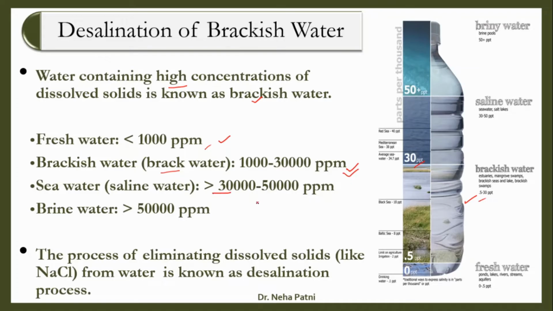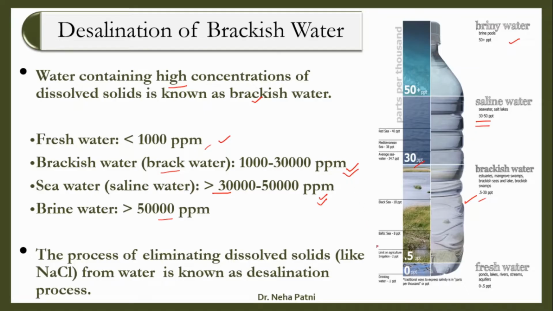Sometimes saline water is taken from 25,000, or you may take it from 30,000 also. So it also varies from 30,000 to 50,000 ppm. The sea water, ocean water, salt lake water, which you call saline water, falls in this range. And then if it is greater than 50,000 ppm, you call that water briny water or brine water. It's basically not feasible to treat this water, so rather we focus majorly on brackish water to treat